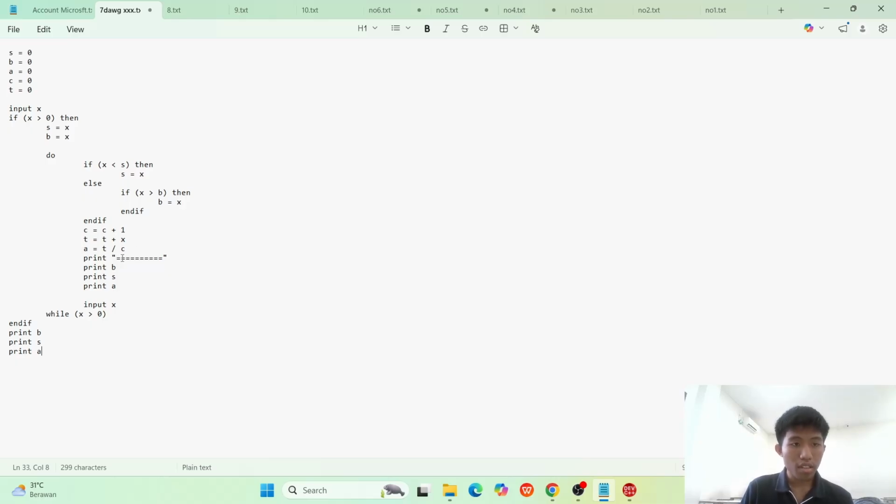Then print B, the biggest number, print S, the smallest number, print A, the average, and then input X, while X is greater than 0. If X is less than 0, we end the while loop.